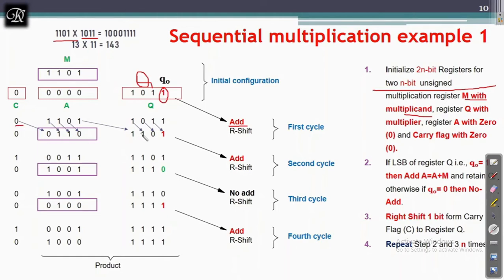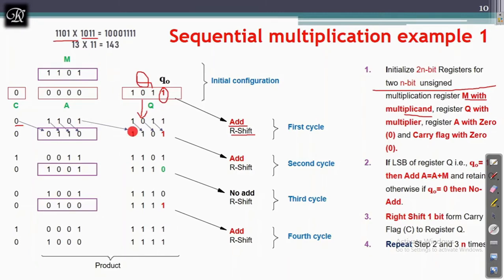Next, addition is over, and as I said, retain Q as it is. You can see over here Q is 1011. I have retained it as it is. Now next I have to perform right shift. Right shift means discard this one and shift this one to the Q0 position, 0 to Q1 position, and 1 to Q2 position, and 1 from A0 to Q3 position.